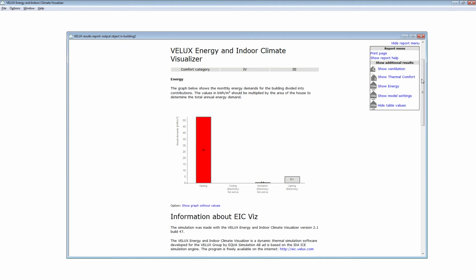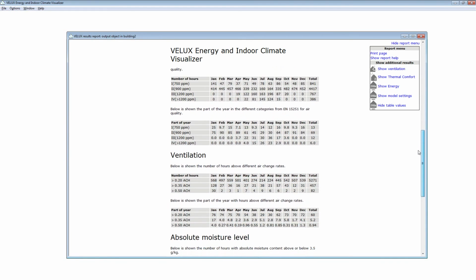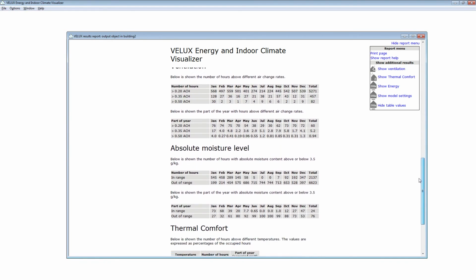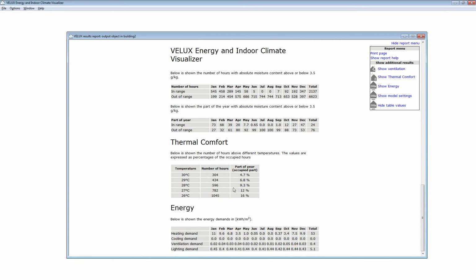And in the end, this tab might be the most easily interpreted for us, because we can very easily see our criteria and thermal comfort, which are actually these two again, and this is the amount of the occupied hours in percentages and also in hours. Before you saw this as 100 hours, that was for the whole year. Here we only see the occupied hours, and this is the relevant number.